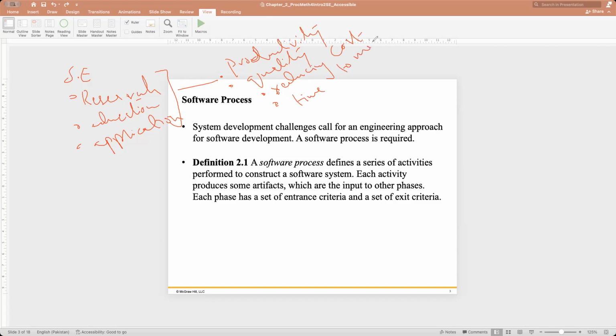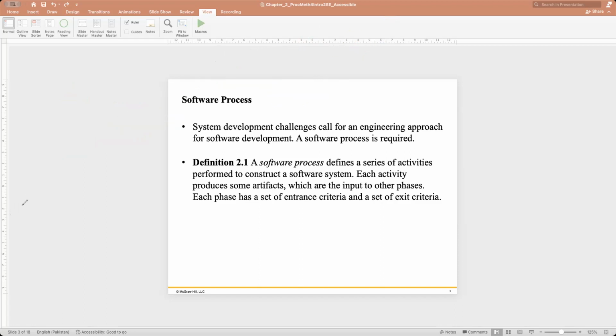So these are our fundamental concepts about software engineering these days, that anything we do, like research, education, or making any application, the target is to make sure that the productivity is increased, the quality is enhanced, the cost is reduced and the market time is also reduced. So that's the general perception, if someone asks you the definition of software engineering.